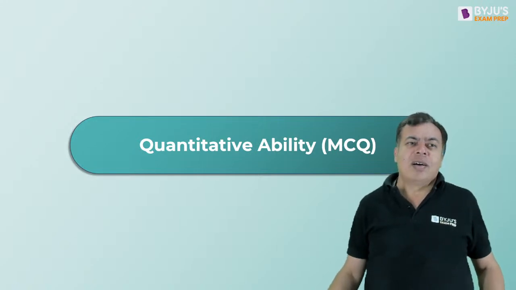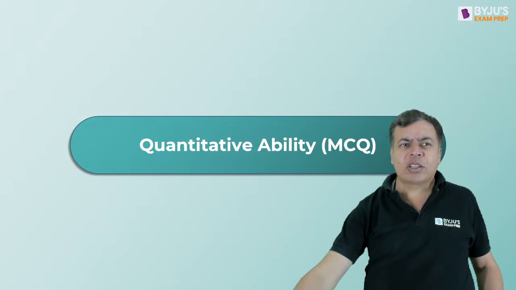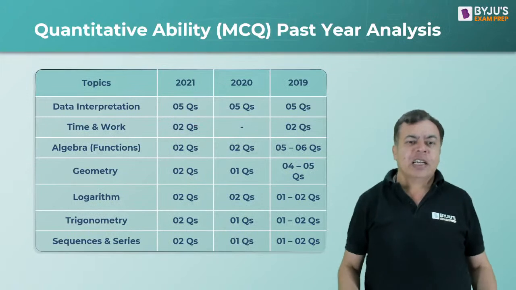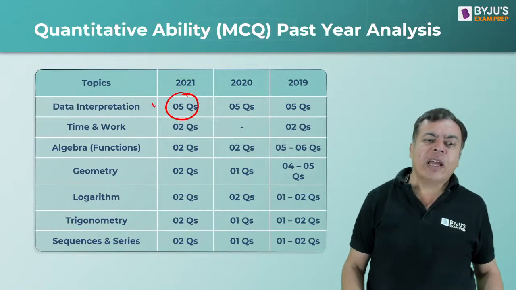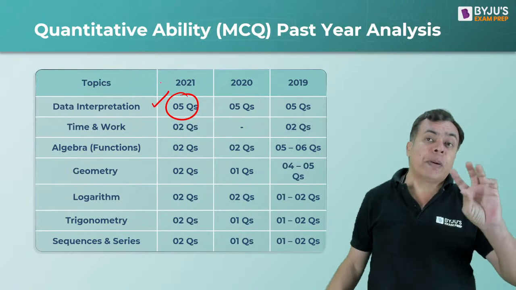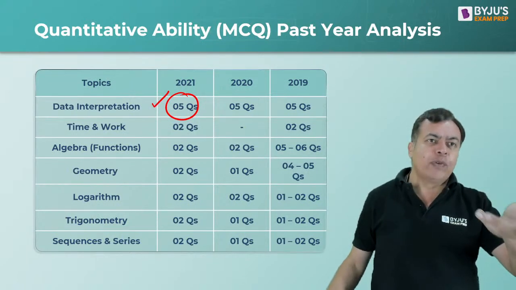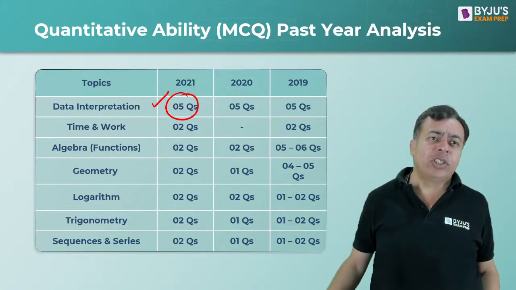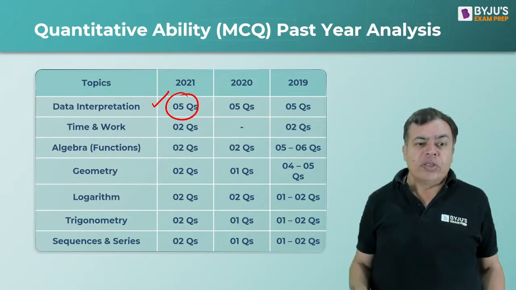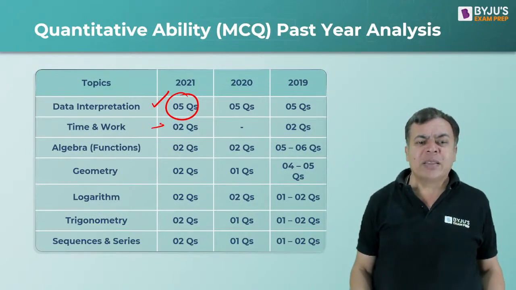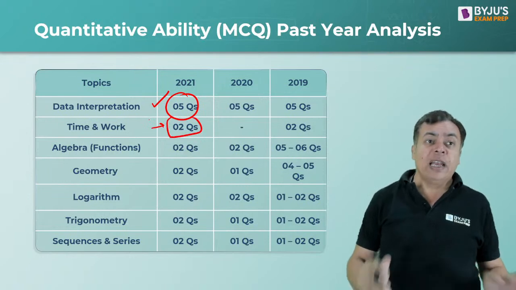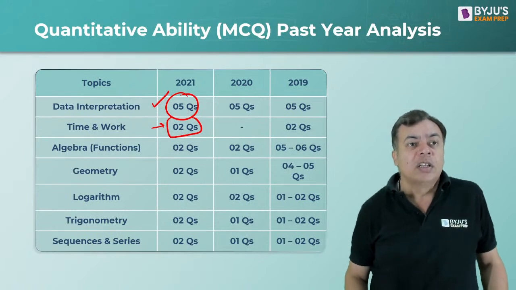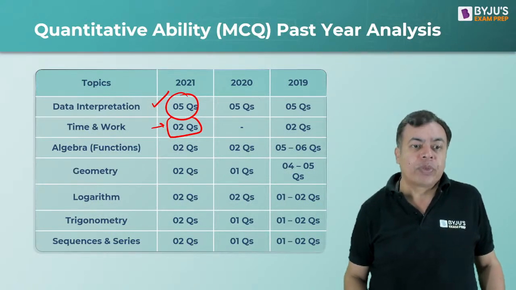Important topics, Ishanshu, you can think of from here only. Just see that in this particular section there was a DI set. If you can attempt the DI set, you can work on your percentage changes and averages. If you have done DI, one DI set can actually give you 5 questions. Then here time and work. Arithmetic generally is very less. There are very few questions on arithmetic in your IPMAT Indore.